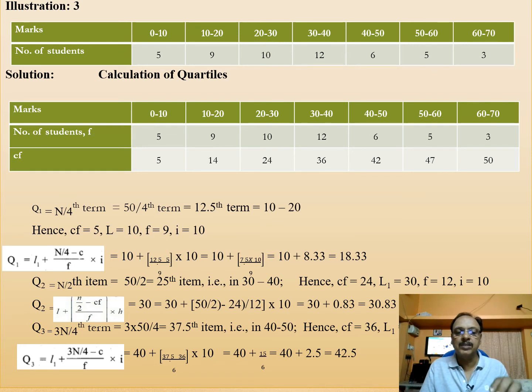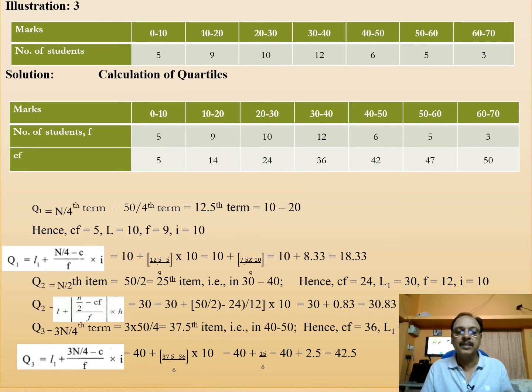Then Q2 is the n by 2th item or 2n by 4th item. That means 50 by 2, the 25th item. The 25th item is in 36 only, not in 24. Thereby that class interval is 30 to 40. Accordingly you have to take L as 30, and CF is 24, F is 12. Then applying this formula you get the value